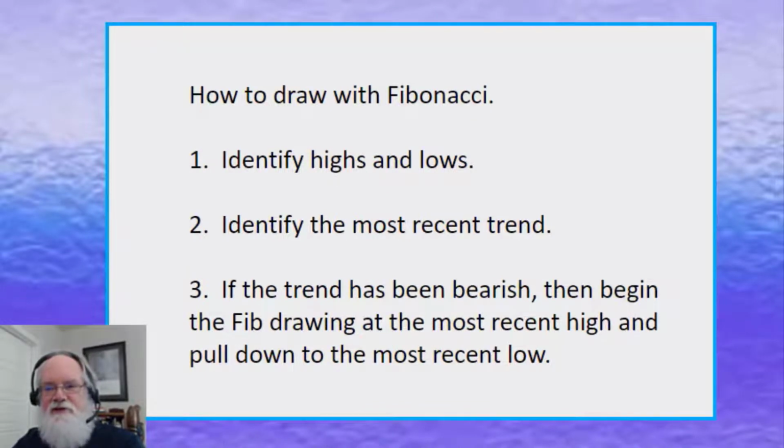You identify the highs and the lows. You identify the most recent trend, whether that's been bearish or bullish. If the trend's been bearish, prices move down, then you begin the fib drawing at the most recent high, and you pull down to the most recent low because you want to see how much has price retraced back up